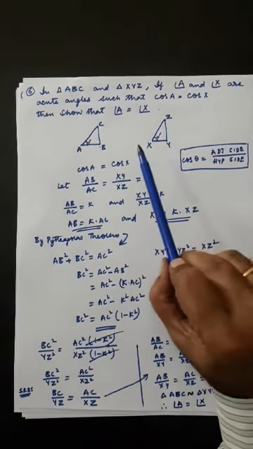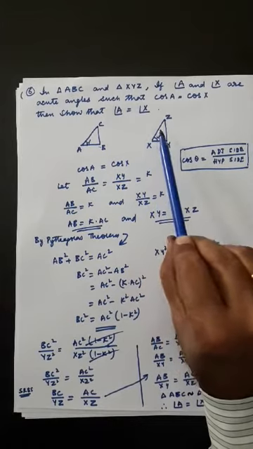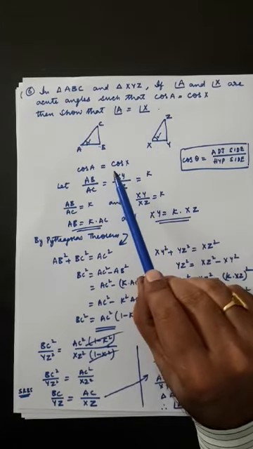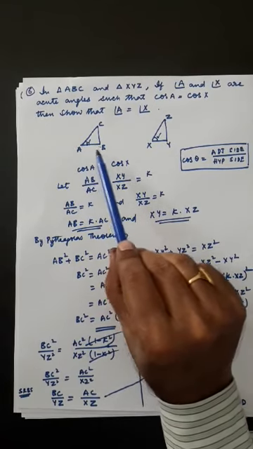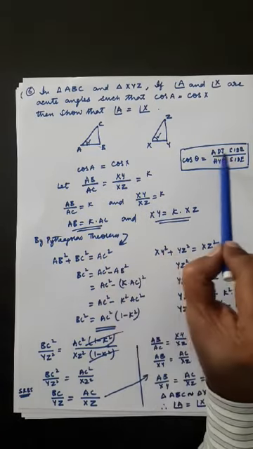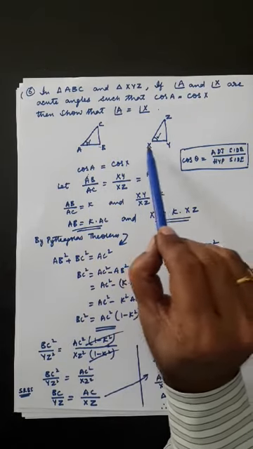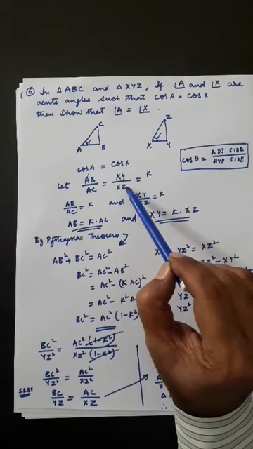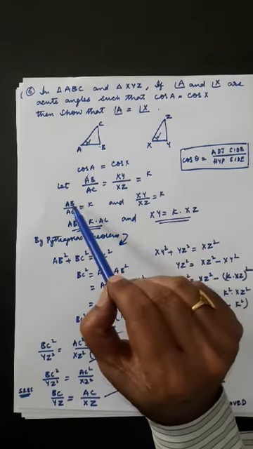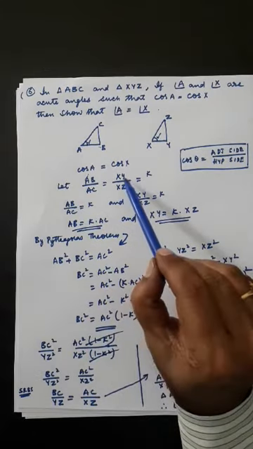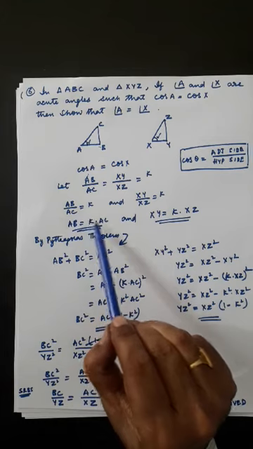So here let's summarize again. There are two triangles ABC and XYZ. One relationship is given, cos A equal to cos X. Cos A is nothing but adjacent by hypotenuse, which is AB by AC, and cos X is XY by XZ. We are assuming that equal to k. Then AB by AC is equal to k, XY by XZ equal to k. It is nothing but AB equal to k into AC and